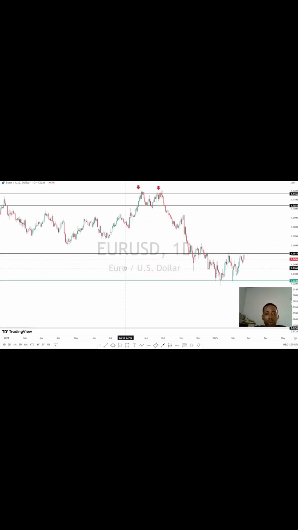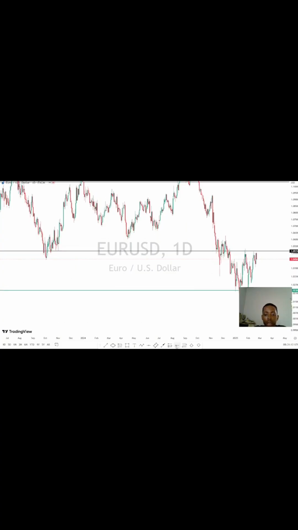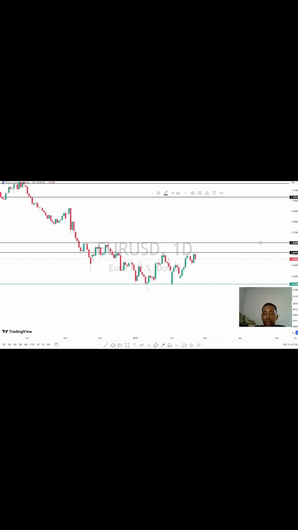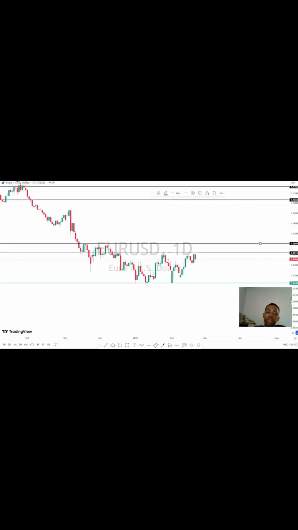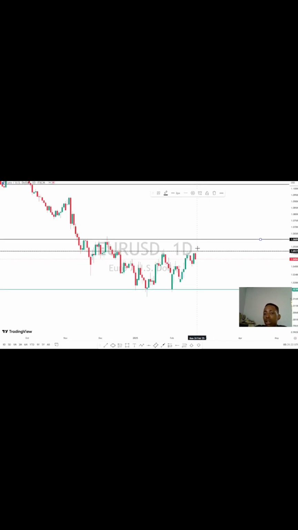So I have to zoom outward to see what this market is doing. I have to take this level. The weekly is telling me upside, so I'll be at least